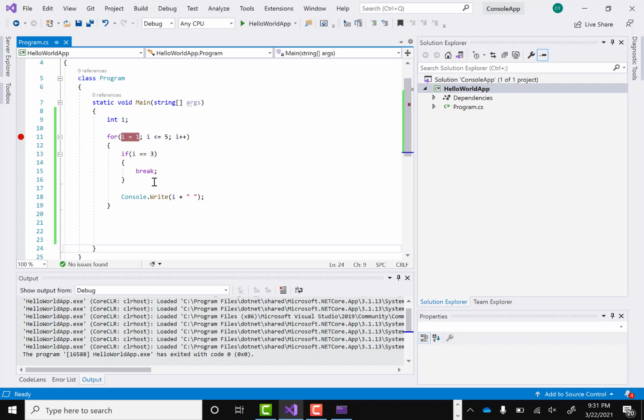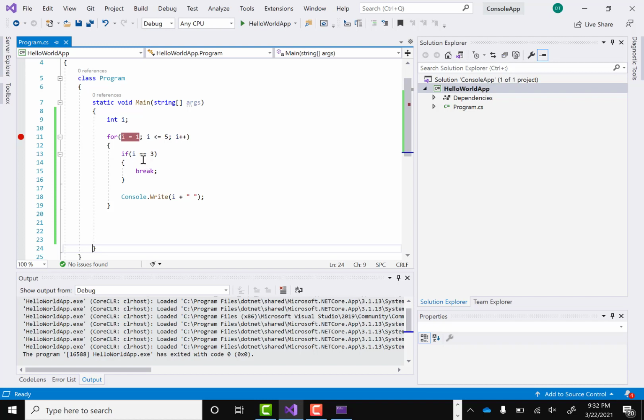Now let's understand the continue statement as well, and then we'll move to how we can use break and continue in the while loop and do while loop. What does break do? Break means just break the for loop. Whatever you have done, that's all. From now onwards, break the for loop. I can't go further. That is the break statement.